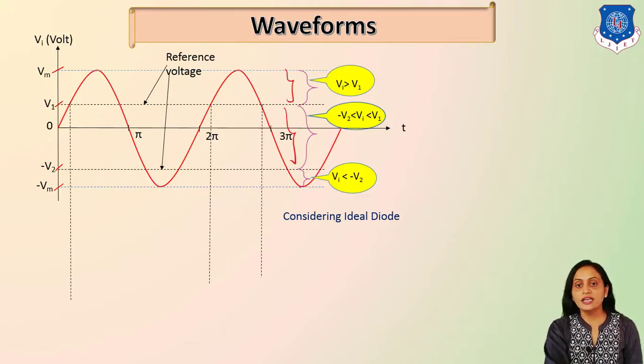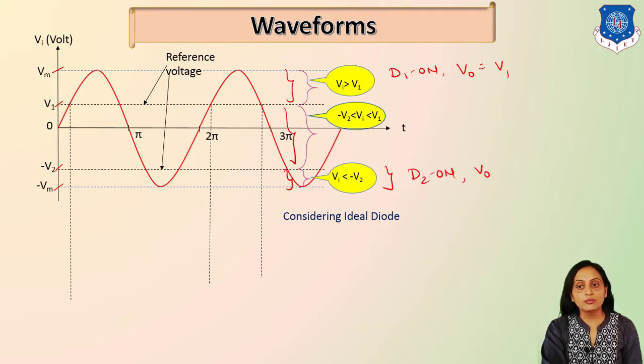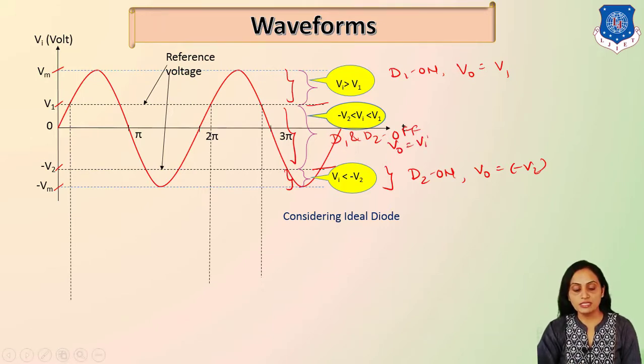And we had already done the analysis for all these three voltage ranges. When Vi is greater than V1, we know that D1 is on, and due to that the output voltage is equal to V1. And for Vi less than minus V2, I know that D2 is on, and for that the output voltage is equal to minus V2. And for the middle part, from V1 to minus V2, I know that D1 and D2 both are off, and due to that the output is equal to the input. So this we had already done in the previous slide,